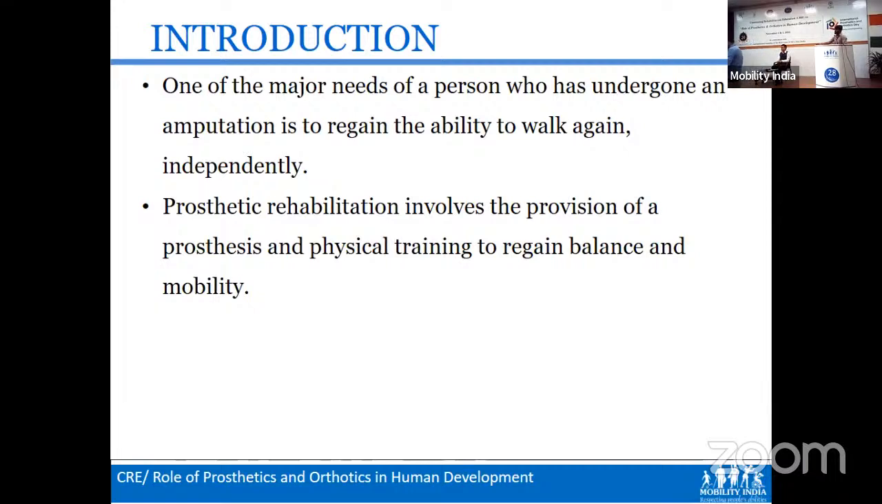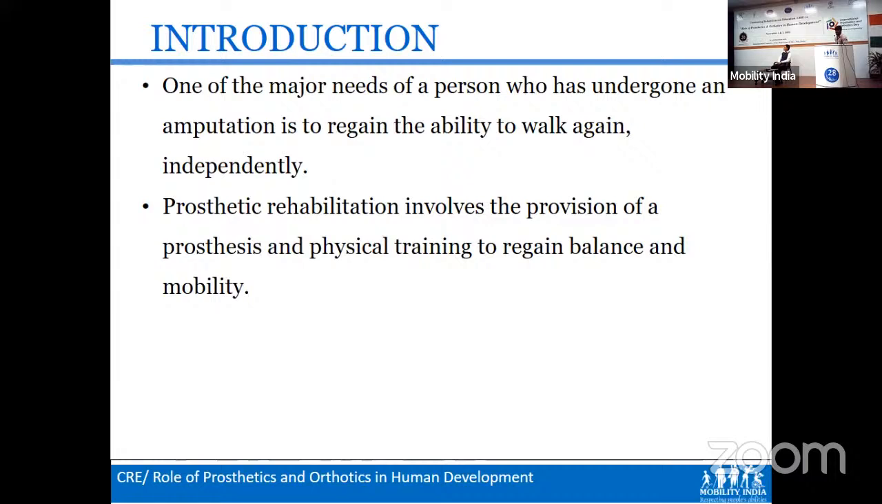As prosthetists, we provide prosthetic rehabilitation, which involves the provision of a prosthesis and physical training to regain balance and mobility. We will provide the prosthesis, and the physical training will be gait training, which helps the patient adapt to the environment, regain balance, reach optimum weight bearing on the prosthesis, and regain his gait pattern, and